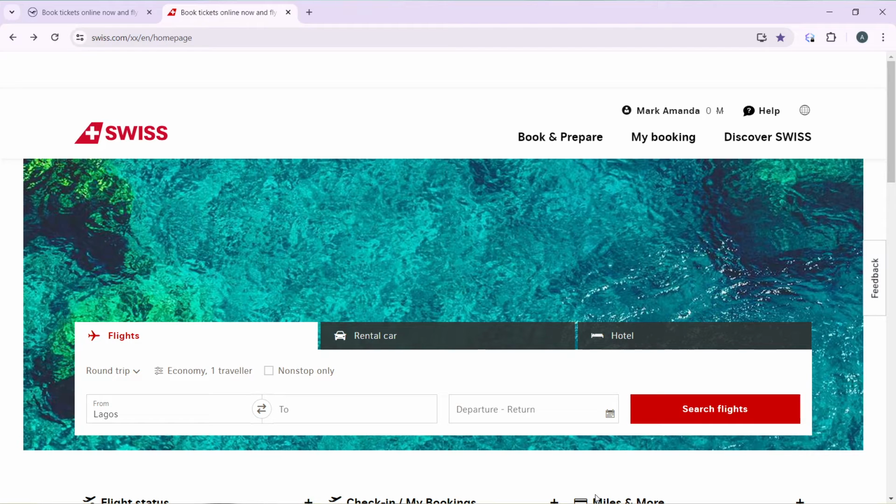The first thing to do is to launch a browser of your choice. After launching a browser of your choice, go ahead and locate the search bar. In the search bar, type swiss.com, and that's going to take you into the official website for Swiss Airlines. Once you get into the official website, check the top right corner of your screen. You're going to find the login/registration box. Click on that and follow through the on-screen prompts to create your